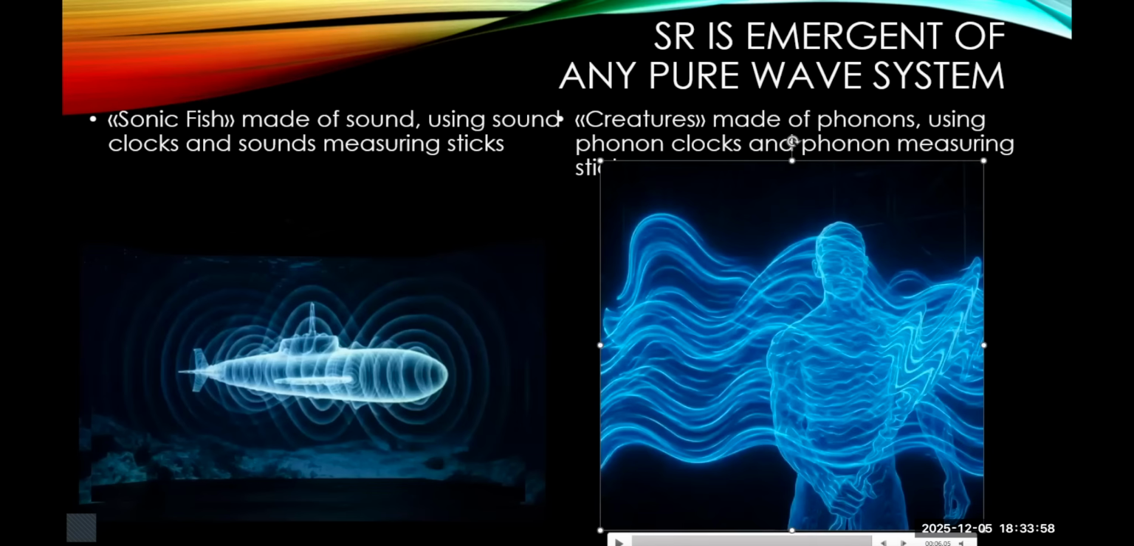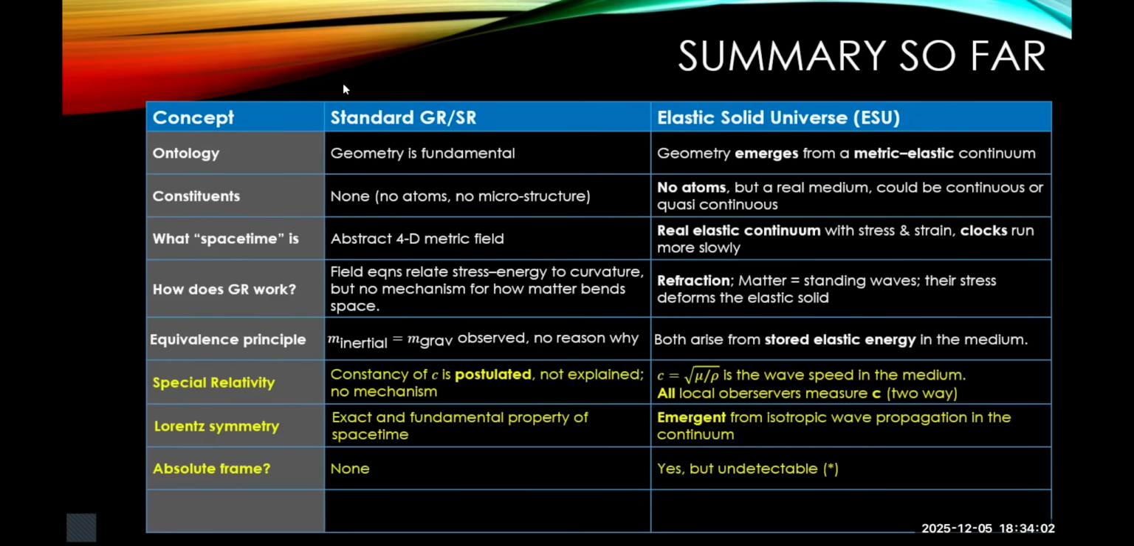So in summary, that's what I was just basically summarizing. But in standard special relativity, this constancy of speed of light is postulated. It's not explained. There's no mechanism explained. The Lorentz symmetry is fundamental again, and there's no frame at all. What I'm saying is that there is an elastic continuum of some sort, that the wave speed is determined by the stiffness and density of that medium. Of course the speed of light is constant in that medium, but because of length contraction and time dilation, all observers locally see exactly the same speed of light, unfortunately. It's emergent, and so there is an absolute frame, but so far